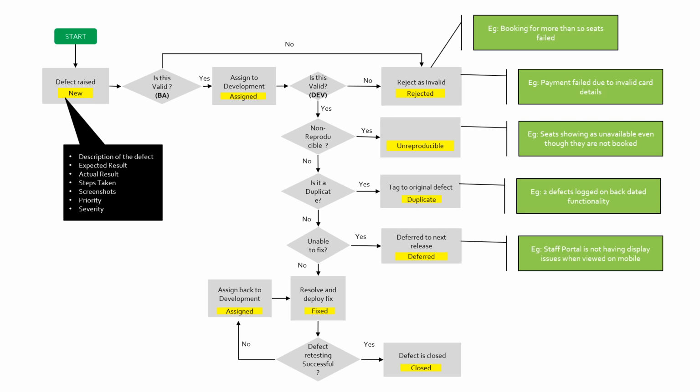And once the retesting is successful, the defect is closed and the status of the defect would be mapped to closed, which brings us to the end of the defect lifecycle. So this is how the end-to-end defect lifecycle works. The same thing would be followed in SIT and UAT, and as you see, BAs do play a crucial part in a couple of areas,